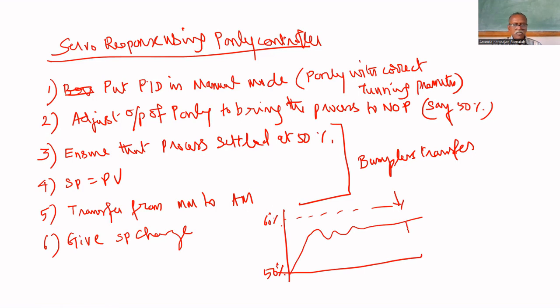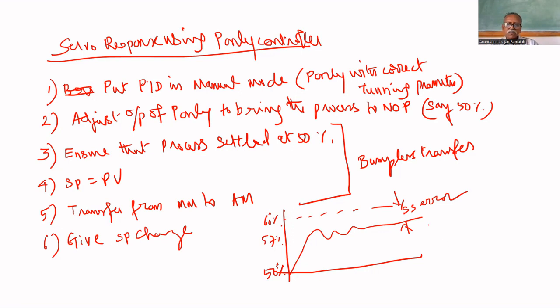You will get a steady state error. Then once it is settled, suppose it is settled at 57%, say,